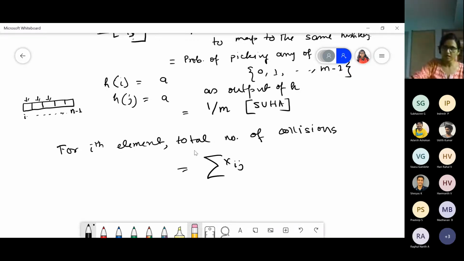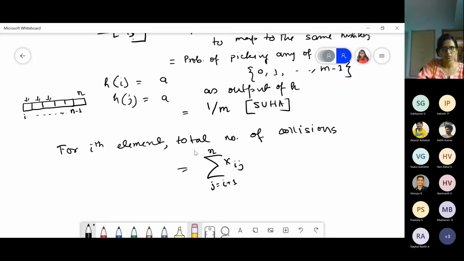So in that case, for the ith element, the already existing elements have higher values than the ith element. So it is the sum of xij, j equals i plus 1 to n.